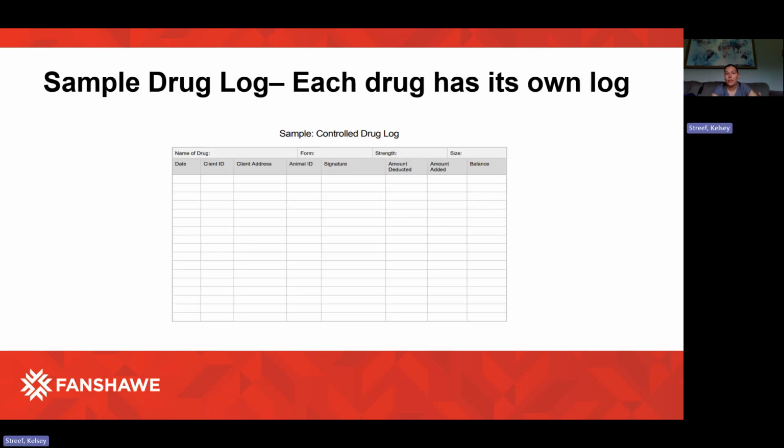And then this is an example of a controlled drug log. As you can see along the top, there's the name of the drug, the form of the drug, the strength of the drug, and the size. Every time that we take this drug out, we're going to put the date, the client ID, the client address, the animal ID, a signature of ourselves that are taking out that drug, the amount that we've deducted,